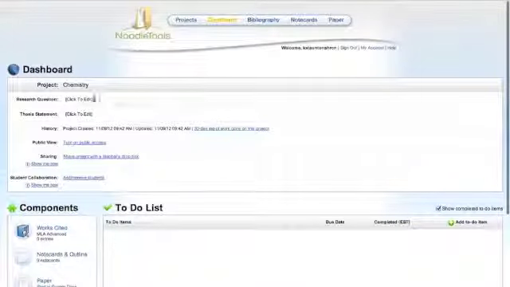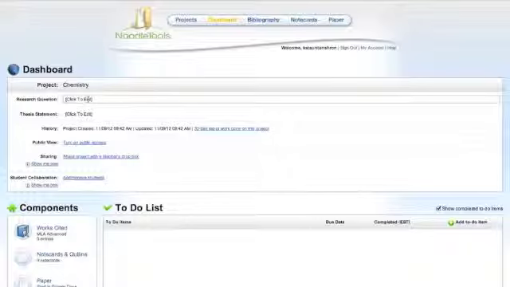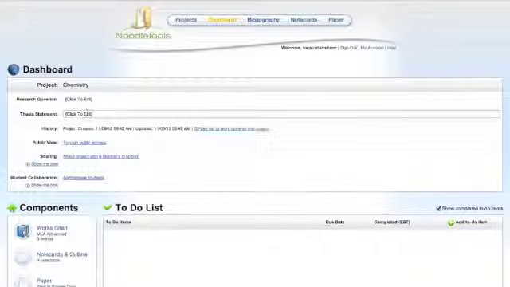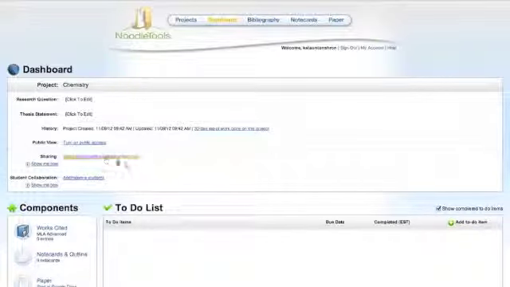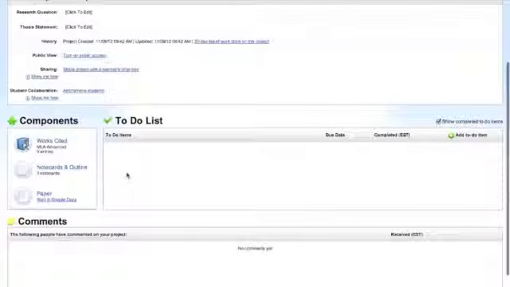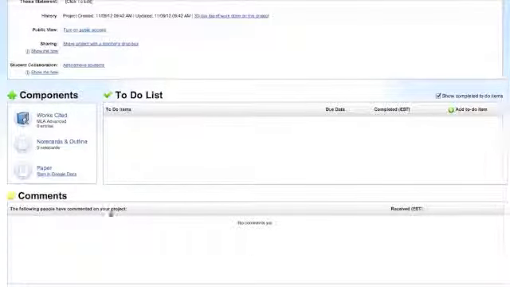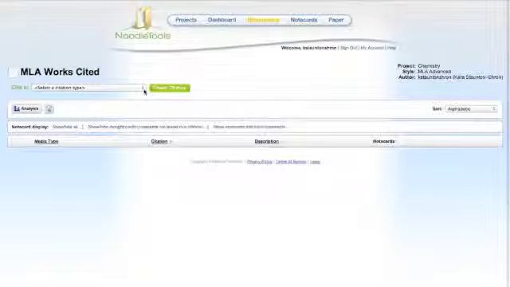From this dashboard you can go ahead and put in your research question, you can have a thesis statement, you can share this if a teacher wants to share it through a Dropbox that they've created. You can have a to-do list, comments can go back and forth between you and the teacher. One of the most common uses of Noodle Tools is for your works cited page, which is this link right here. So if you go ahead and select that,